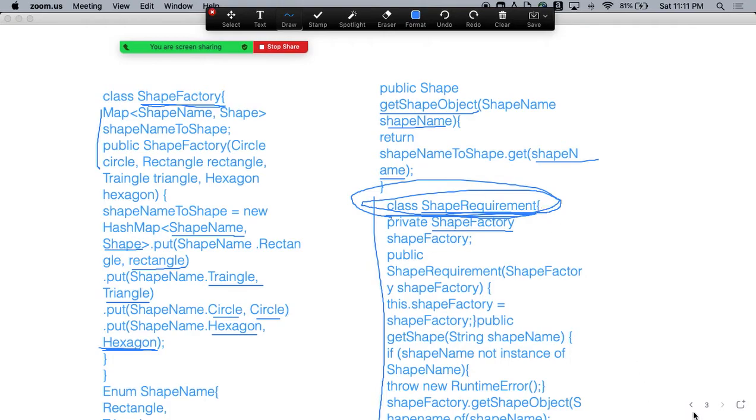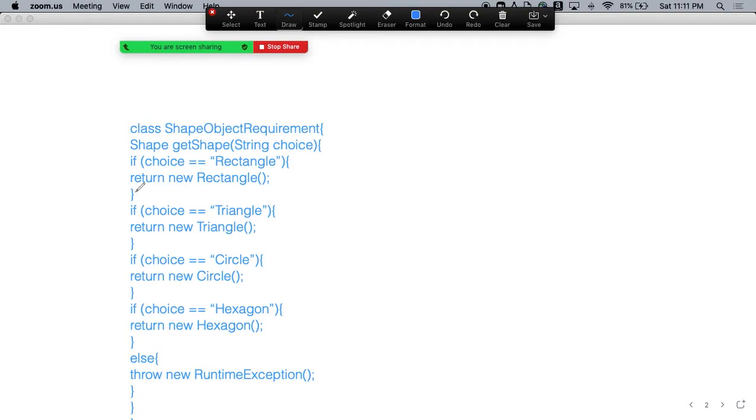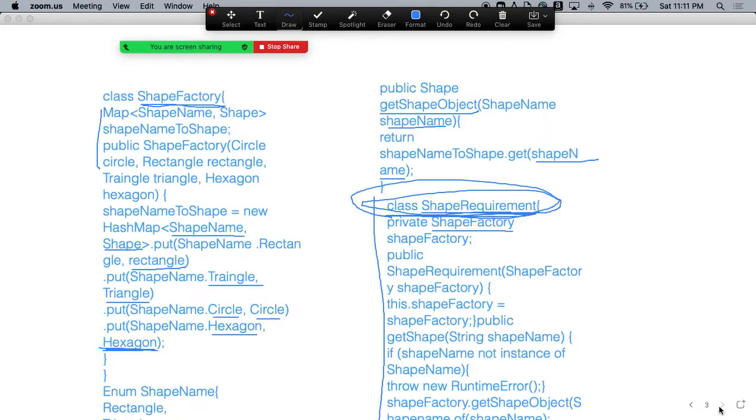But in the previous example, what was happening? Suppose you have to create something called pentagon. The client will have to add extra code to create the object of pentagon, and it has to understand that the character pentagon will give me pentagon. Right now, it doesn't have to understand, because you are giving the event to the client. So the client knows its restriction, how it has to call. And the client will not have to keep track of all these steps. Are we good here or not?